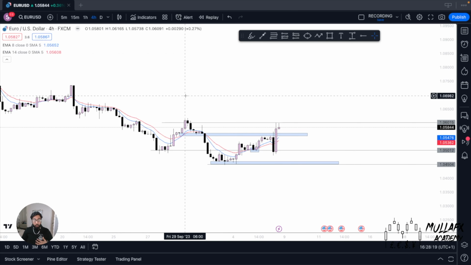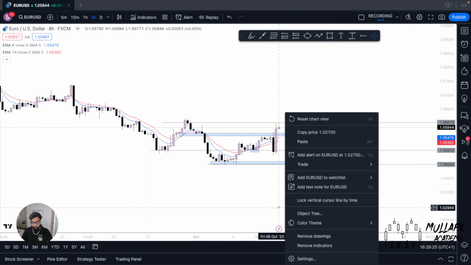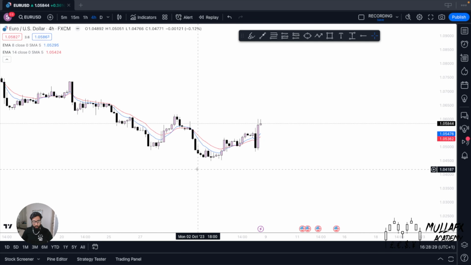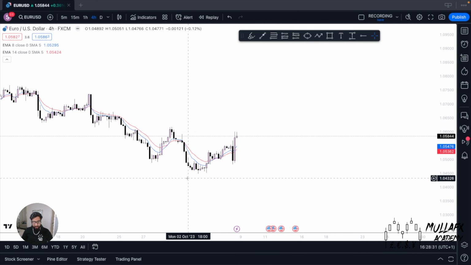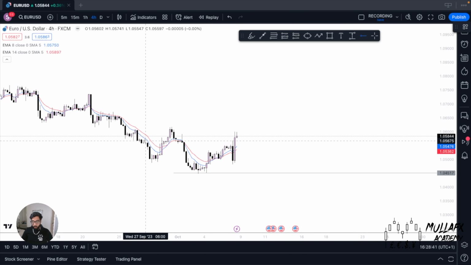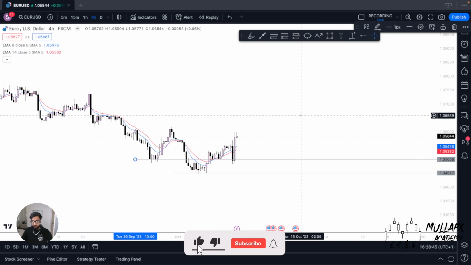This is where the 4 hour time frame normally is where I draw my key levels. So if I just remove all the drawings quickly, for me personally, I'll look at the level of support that I see. So for example, over here, level support is 1.04500. Okay, so let's just draw that in. Then we have 1.05, which I'm just going to do every 50 pips, okay, guys? And then